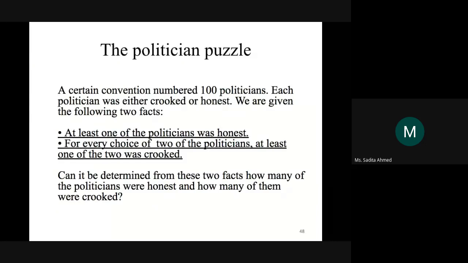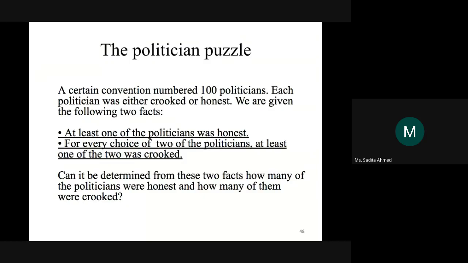Why? Therefore, in the second statement, they said we are allowed to make any possible choice for every choice of two politicians, right? For every choice of two politicians. That is, this pair. For this pair, you can come up with any combinations from these 100 politicians. You can pick any two politicians at random. Couldn't you say that if there were more than one honest politician, in that case, at one point